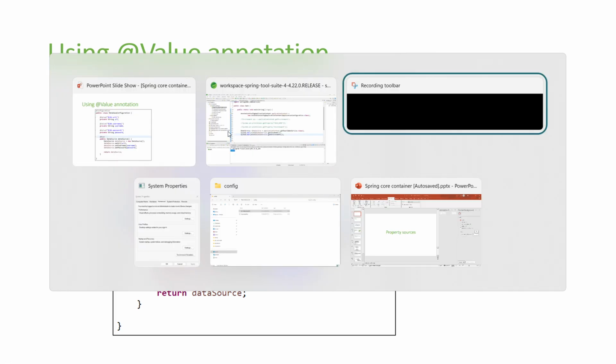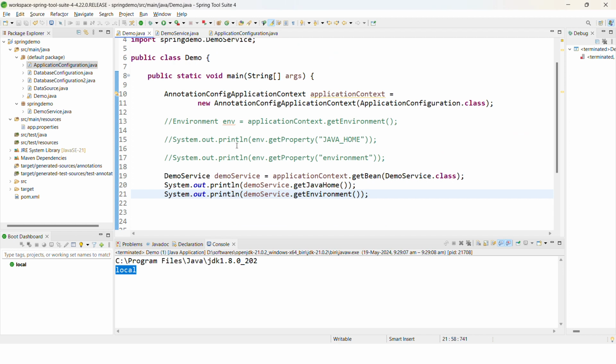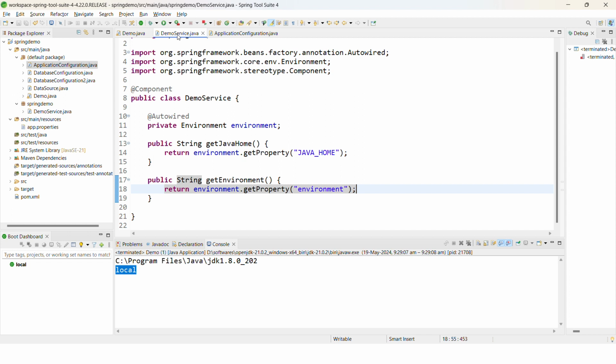Let's get into the IDE. Okay, so we are good with the environment, right? So now what we will do is we will use the value. So @value, where we have to use inside the